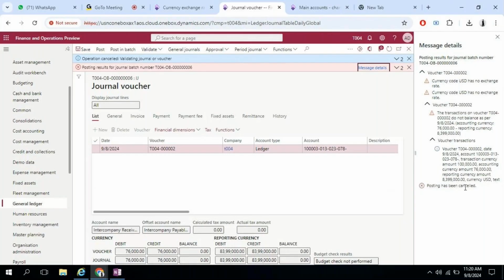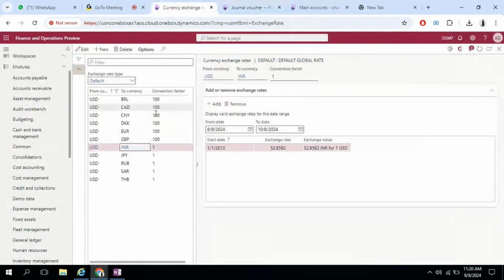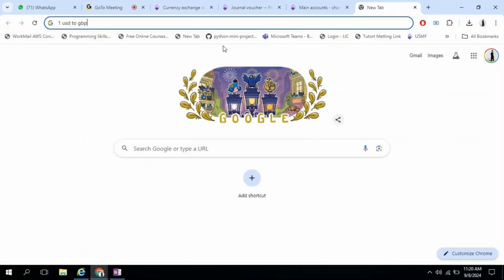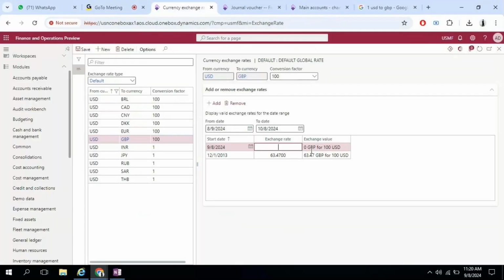Counting date post. One minute, let me check. USD to GBP, the amount is not correct. Let me correct the amount. GBP to USD, how much is it? 1 USD to GBP was 0.76 sterling. So let me enter